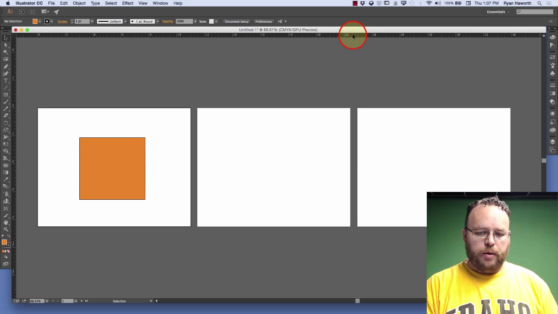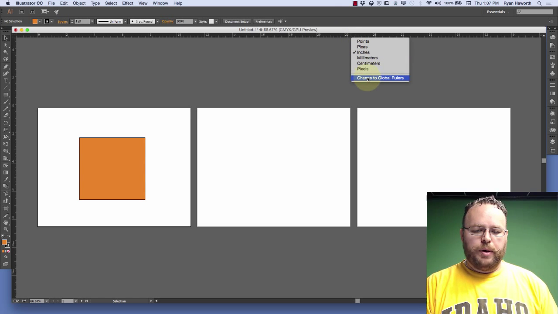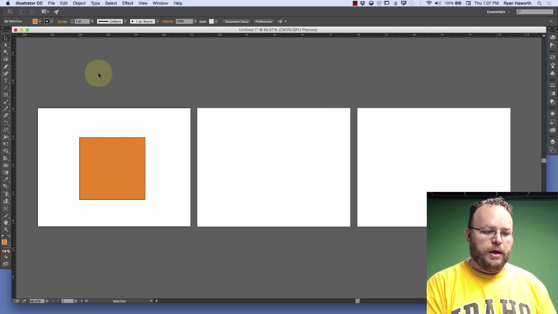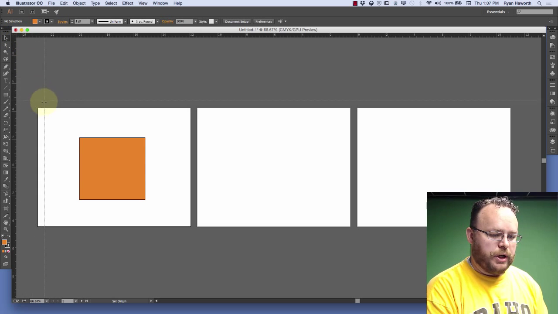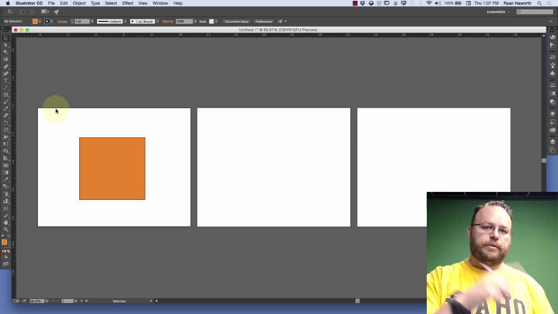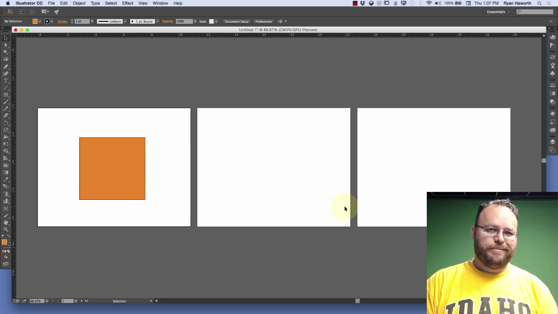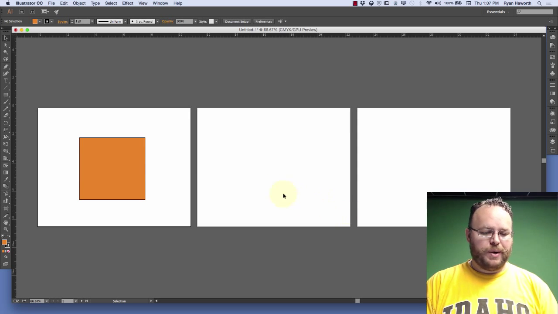So I will go up here, right click on my ruler, change to global rulers, and you can see that it's over here because I had that active at one point. I can move it back to here, and now it's over at that first artboard. So there on your screen. Sorry, I forgot it's kind of backwards. Anyway,